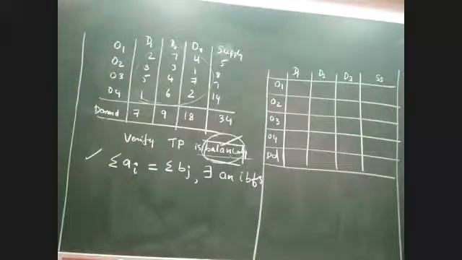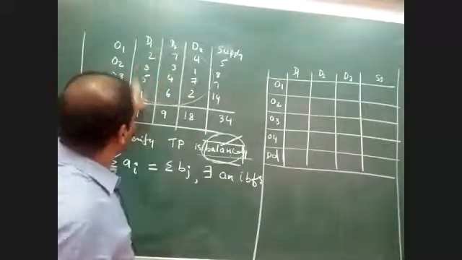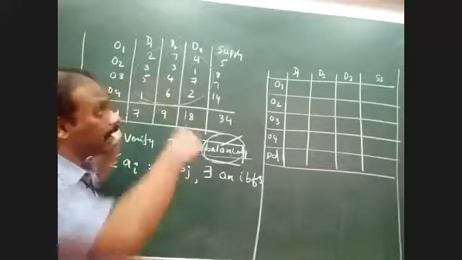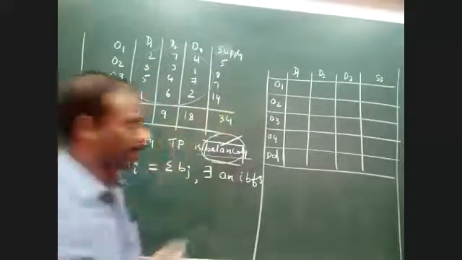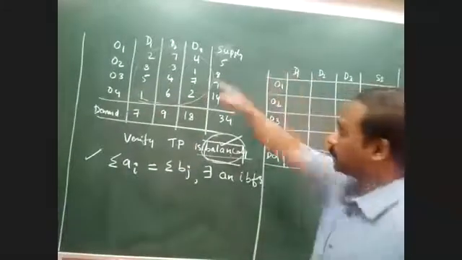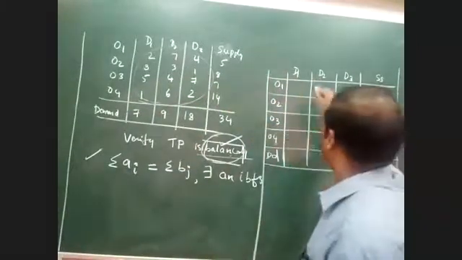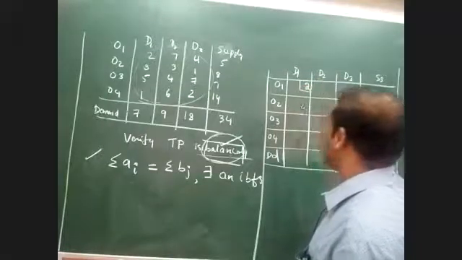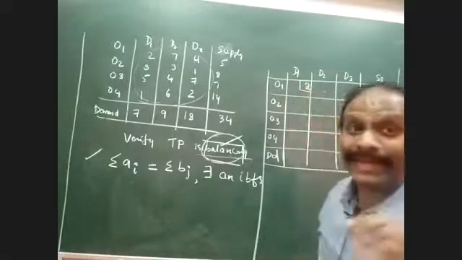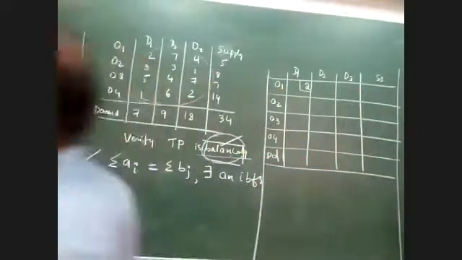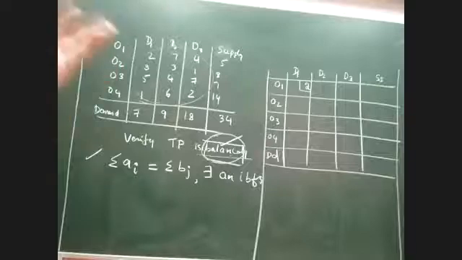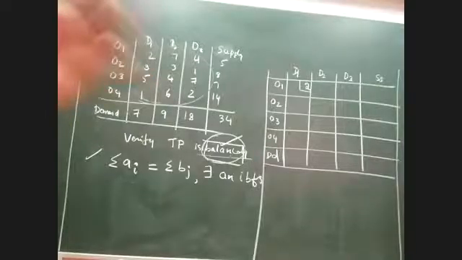How do I post the entries? That's the next question. Please look at the board clearly here. All these values, what are they? They are called UTC. UTC stands for unit transportation cost. Now, how do I write this value in the table? Very clear. From O1 to D1, the value is 2. How am I supposed to write the value? The 2 has to be written in the top corner and enclosed like this. So this is called lattice squares. You might be wondering why exactly we are following this method.